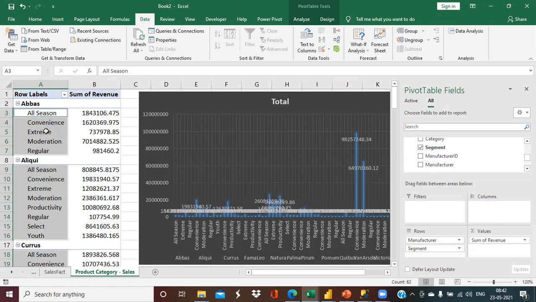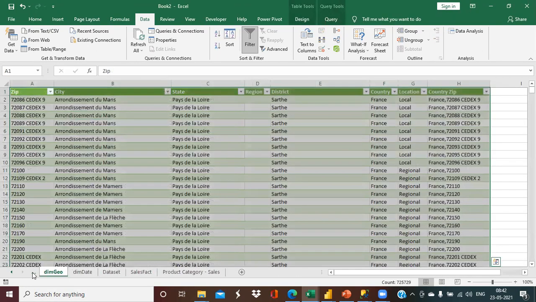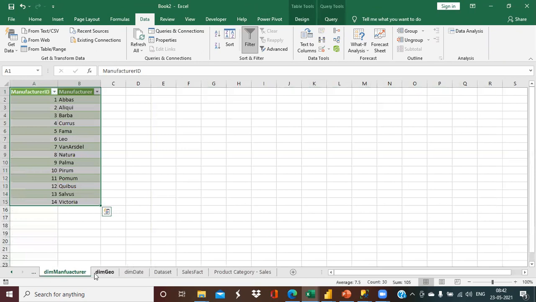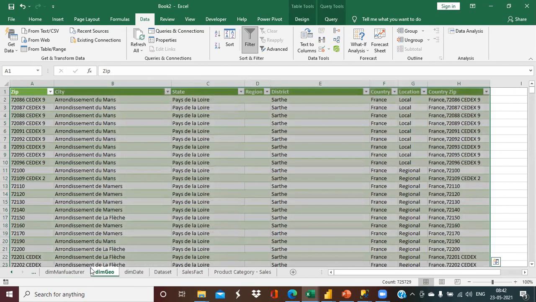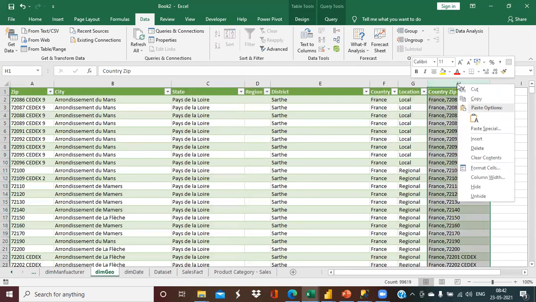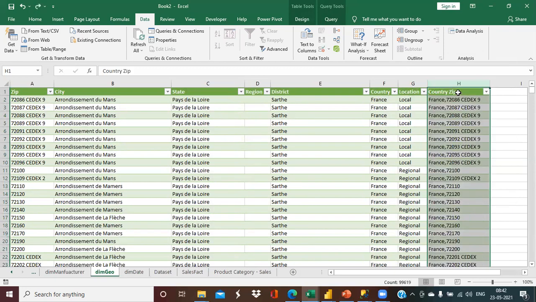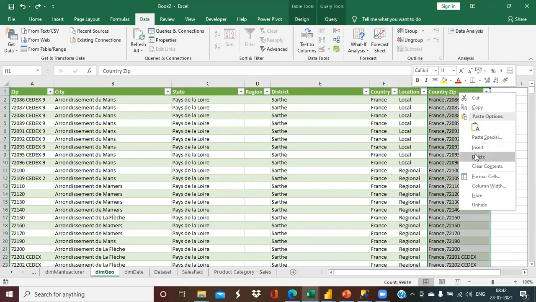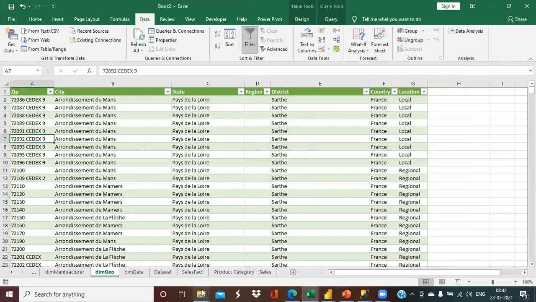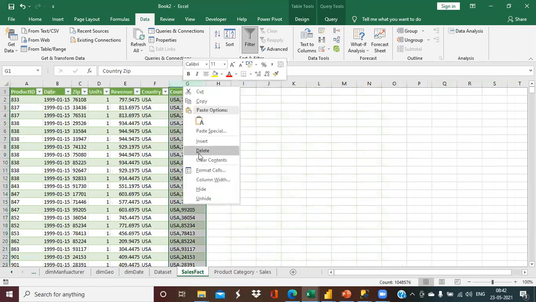For example, if we go back to our previous tables, like the geo table, in this geo table we have some columns such as zip, city, state, district, country, and location. Maybe let's say we don't have this country zip column, so I'm deleting this. Just a moment. I'm deleting this column, and inside the sales fact table, I'm deleting this column as well.